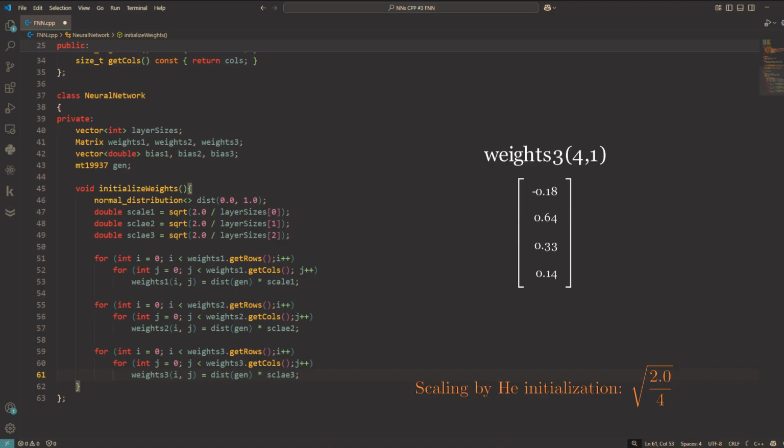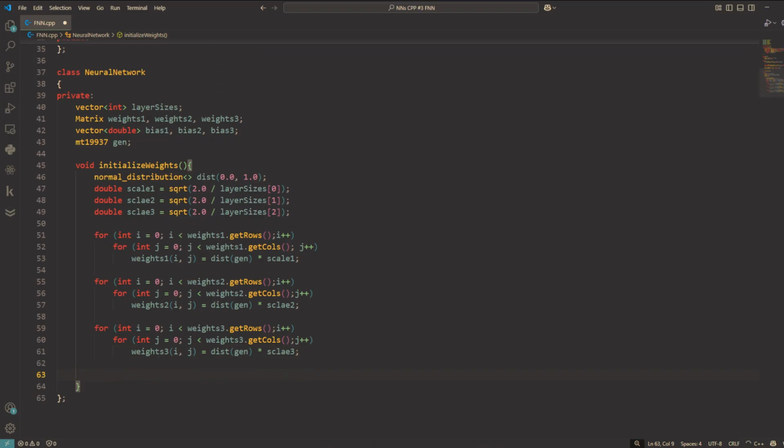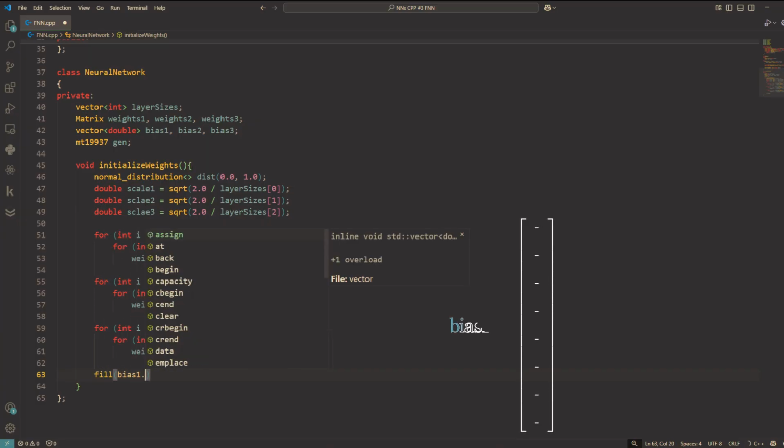Now we need to set up the biases. Unlike weights, which are initialized with small random values, biases are typically set to 0 at the start of training. We'll use the fill function to set all the elements of bias1, bias2, and bias3 to 0.0. This ensures that each neuron starts with no initial bias, allowing the network to learn from the data without any predefined preference. So here we say fill(bias1.begin()